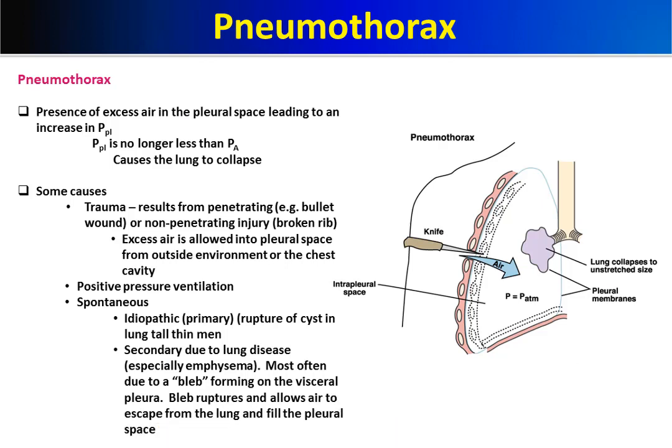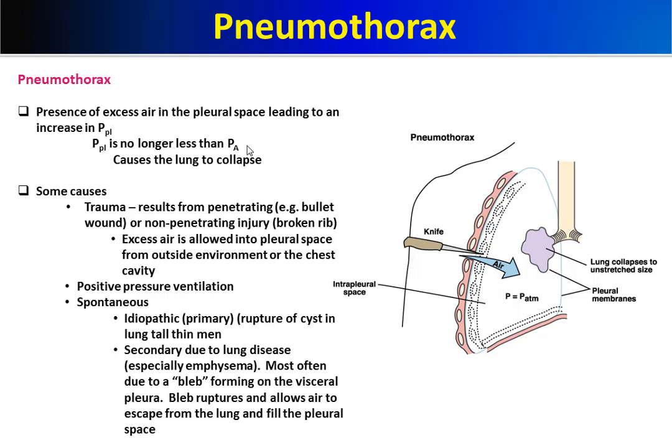So now let's describe a very important pathophysiological condition related to the breathing cycle, which is pneumothorax. What is pneumo? Pneumo means air. So pneumothorax means the presence of excess air in the pleural sac, and when air accumulates in the pleural sac, this elevates the intrapleural pressure, which is now no longer less than the atmospheric pressure. So now the pressure inside the pleural sac is higher than the pressure inside the alveoli. This causes alveolar collapse. Remember, we do not normally have air inside the pleural sac.